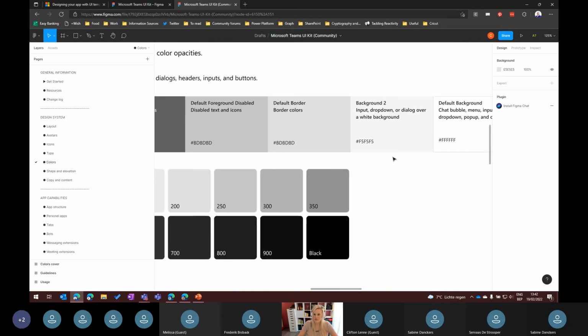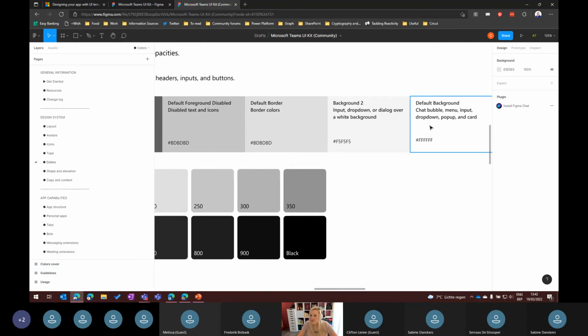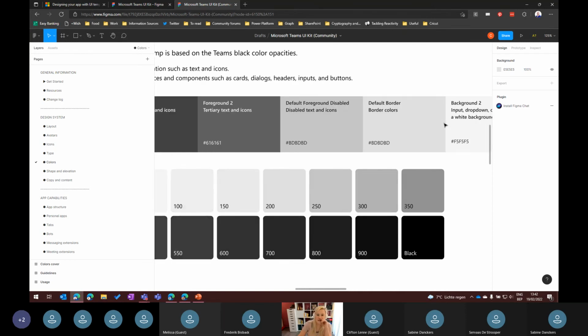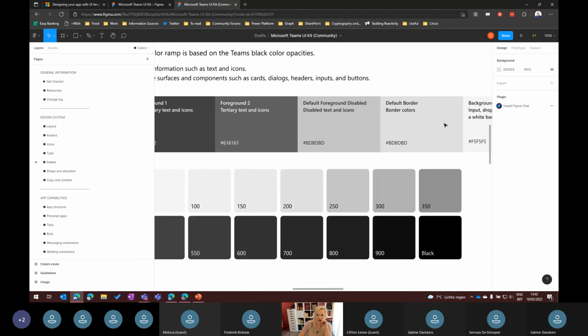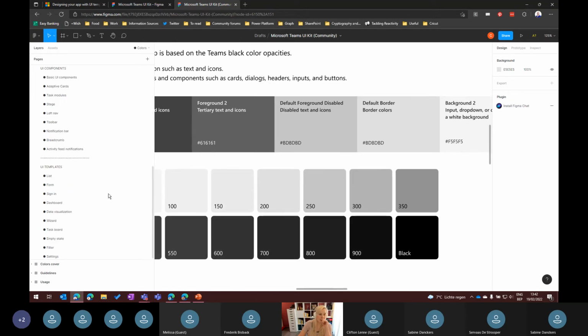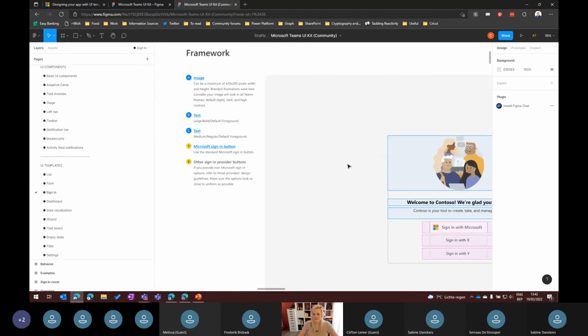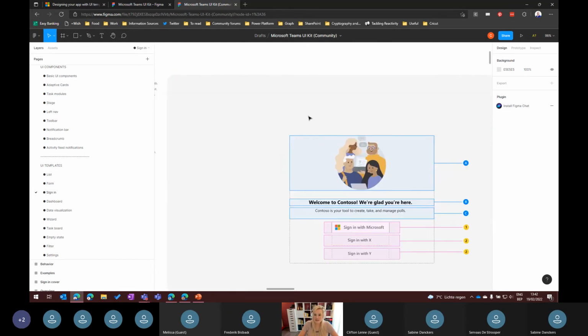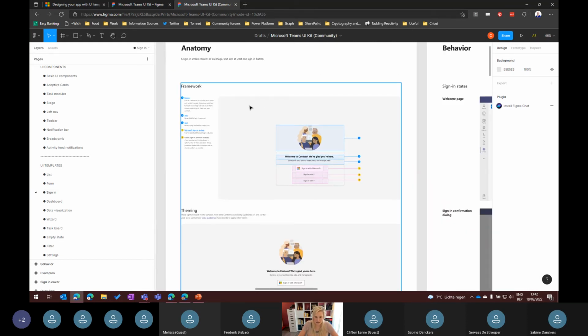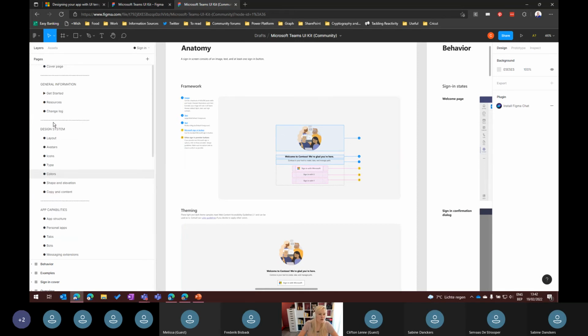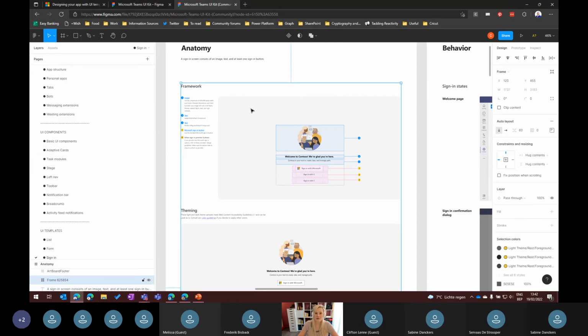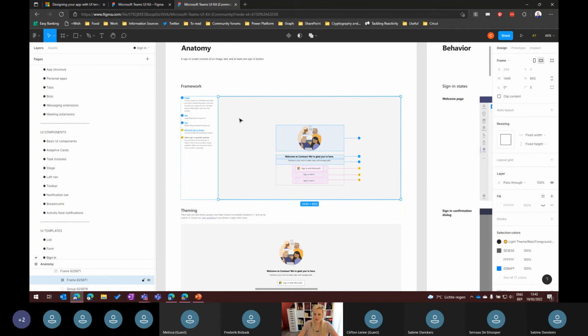Yes. So the default background is actually white. That's strange, because I always thought that it was a light gray. And if we go to the sign-in screen, we also see that here the sign-in screen is a light gray. So I probably looked in the wrong place for the colors, but I'm going to select the screen to get the